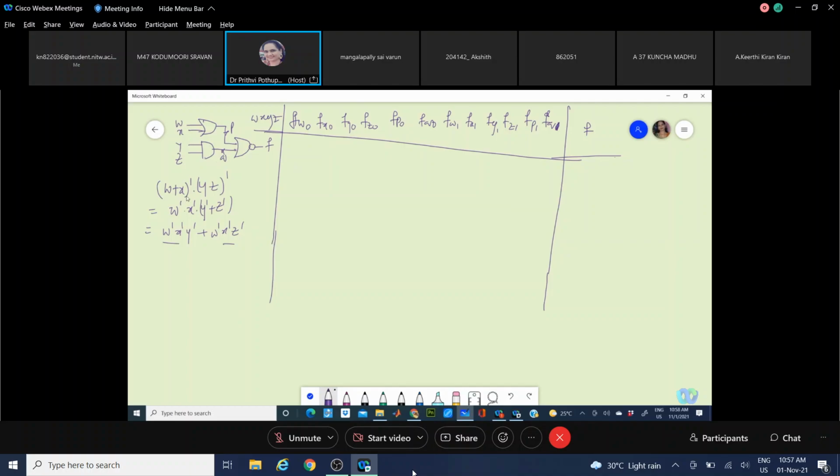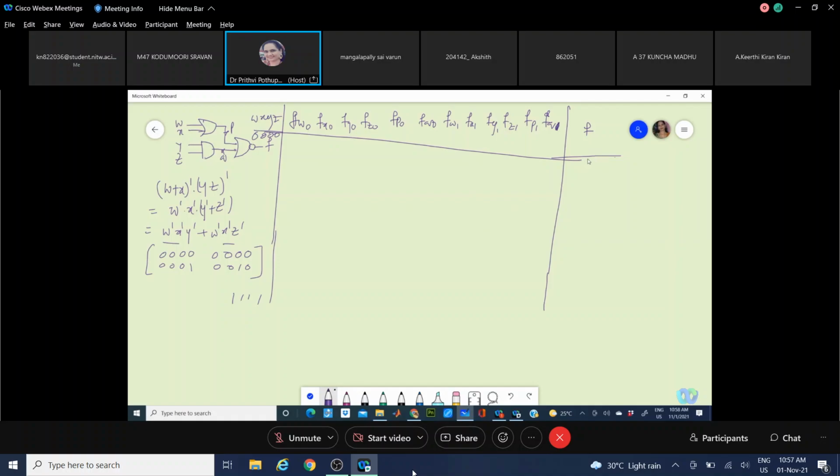Here only one variable is cut down, means two combinations, no? W, X, that means 0, 0, 0, 0 and 0, 0, 0, 1. That is, for these two inputs it will be 1. Okay. Then next one, 0, 0, 1, 0. It should be 4 input combinations for which your output should be 1. The other combinations will be 0. That means you need to write all the values.